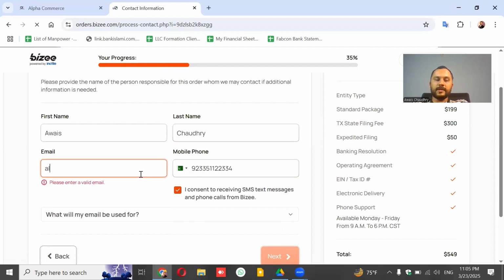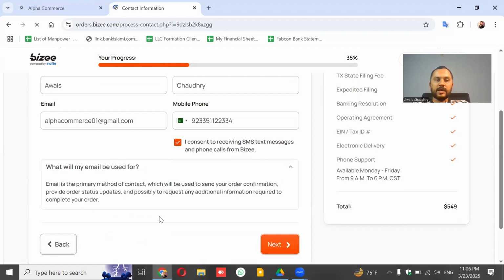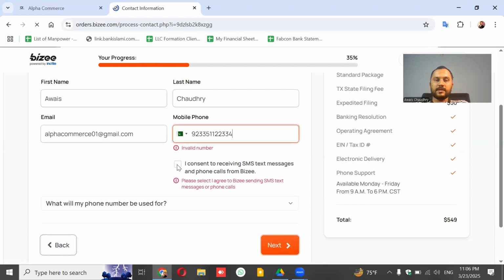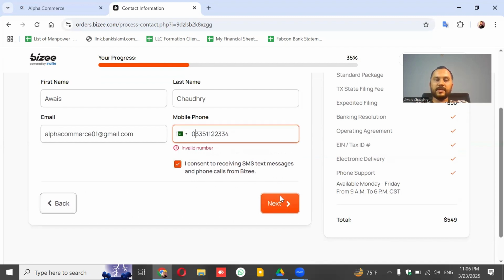And after putting my email address here, I will be clicking next, and they're asking what my email will be used for. This is only an informational line. After clicking next, they are asking to correct my number. After correcting my number, let's click next.